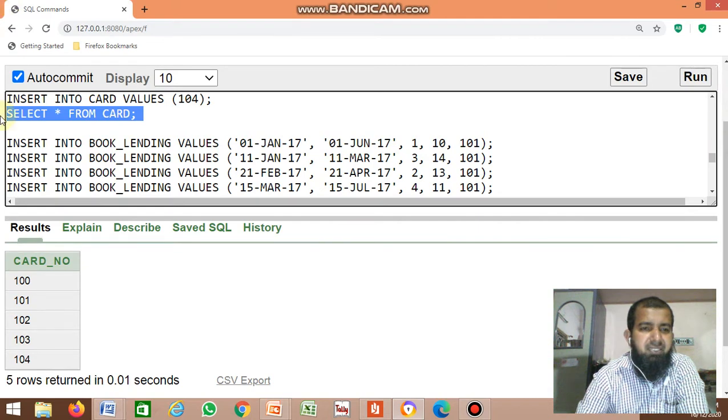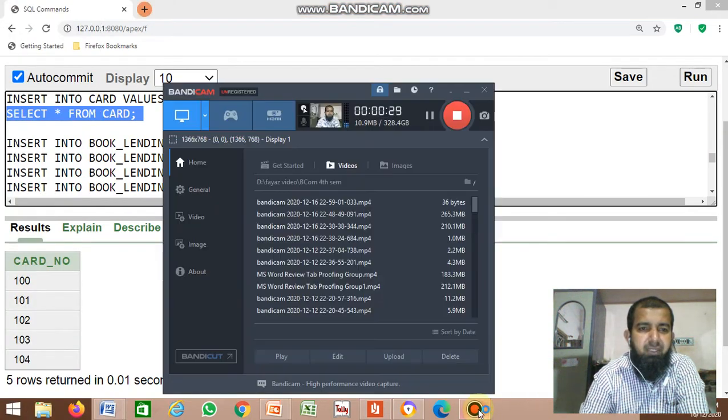So it displays the card table content, and the last table is book lending.